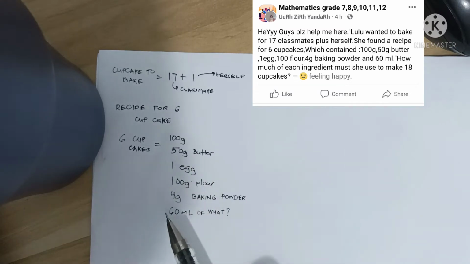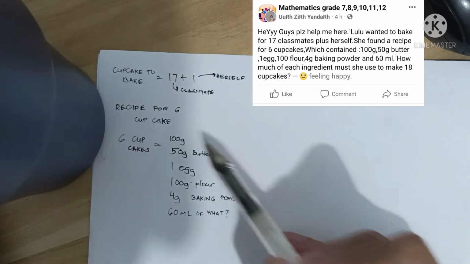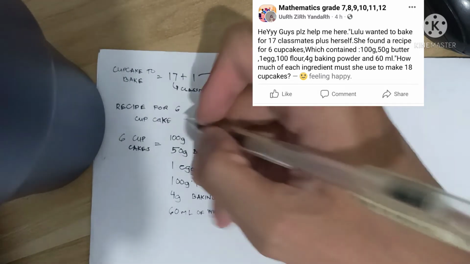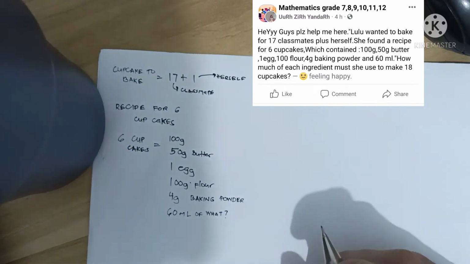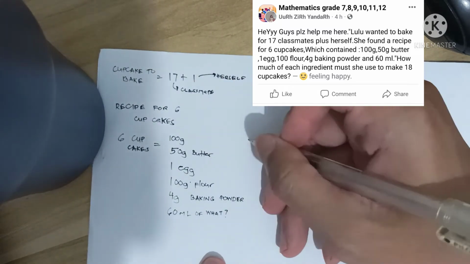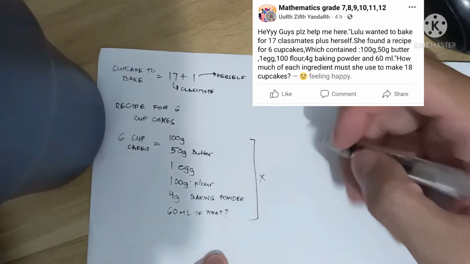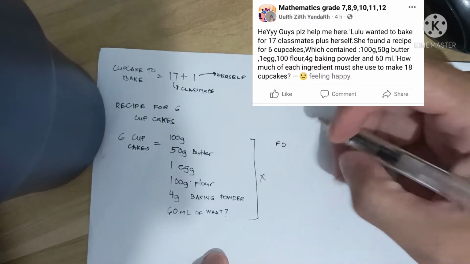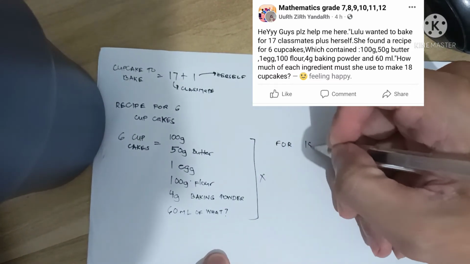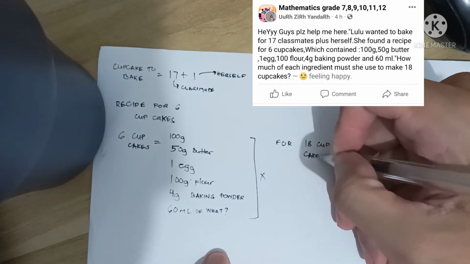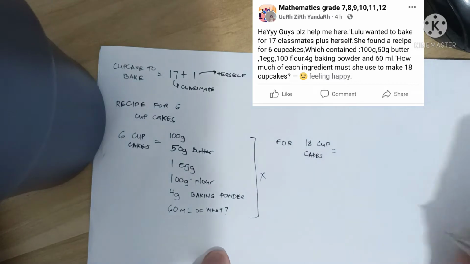And then, what is the recipe that she needs? So she saw that the recipe given is good for 6 cupcakes. So, we just have to multiply all of this by 3. And then, our answer will be for 18 cupcakes. For 18 cupcakes, we will be needing